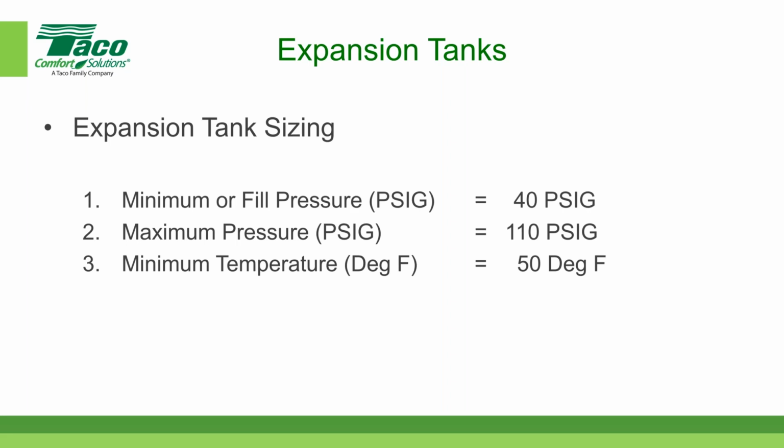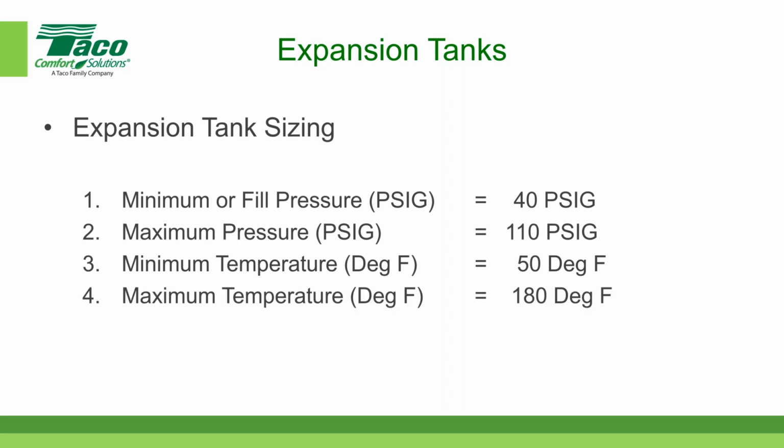In other parts of the country, it could be slightly less. But generally speaking, the water temperature is between 40 and 50 degrees Fahrenheit. That becomes the temperature of the water that you're filling the system with, or the minimum temperature. The maximum temperature is whatever is set by the equipment. In this case, the equipment is set at 180 degrees Fahrenheit, so that would be the maximum temperature for our